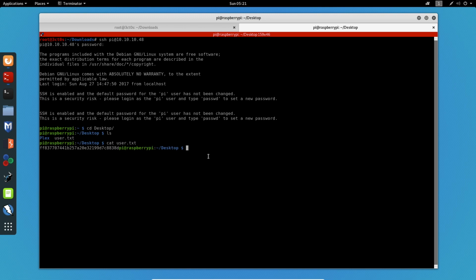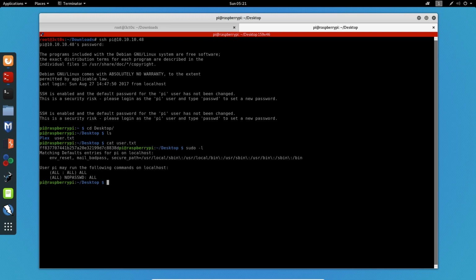So now if we go ahead and run the sudo -l command, we can see that we have access to all the commands. We can run any command as everyone, and we don't have to specify our password. So this means that we can do sudo su and this will give us root access. Now we can go ahead and check the root.txt flag,